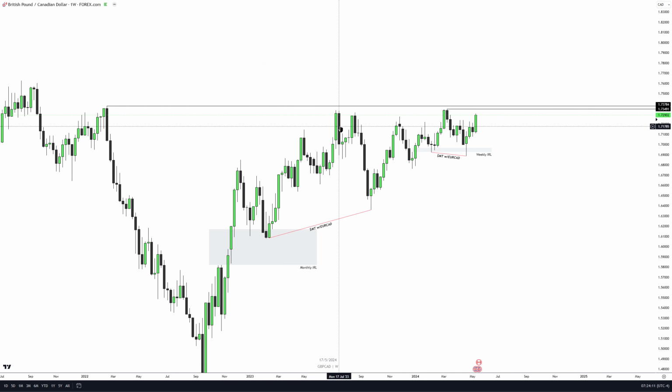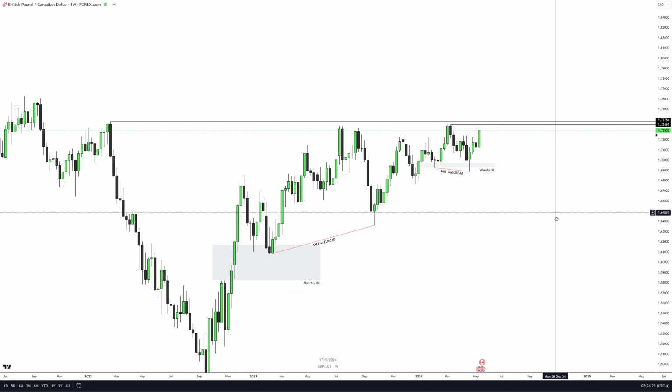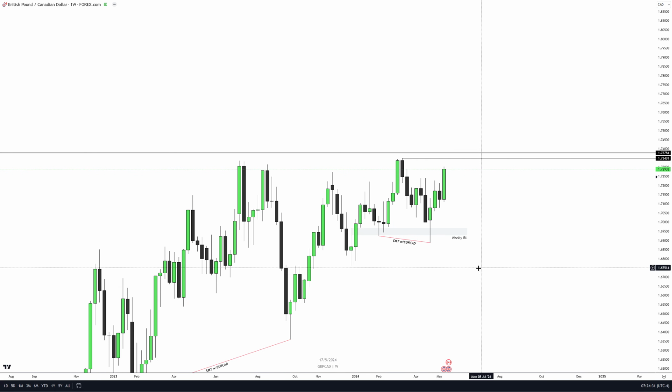Price dropped down into it, moved higher again, fails to take the high, drops back down, and whilst doing so we form SMT with Euro CAD, meaning Euro CAD made a lower low back into that monthly void value gap, whilst GBP CAD failed to do so, and displaces back up again. If we look into the more recent price action, we can see that we have displaced higher here, created a weekly FVG, moved higher again, take this high very shallowly, but fail to take that long-term draw on liquidity again,